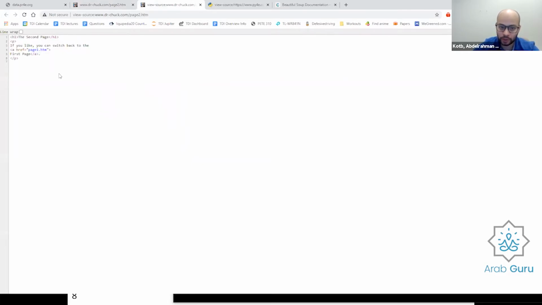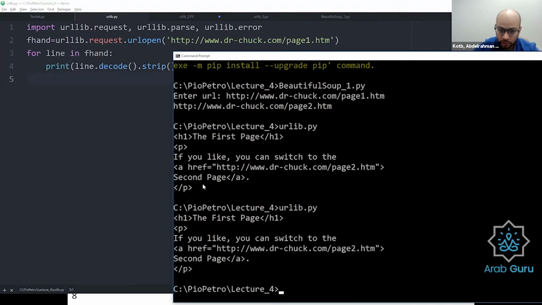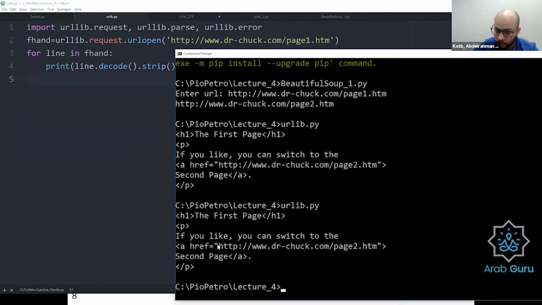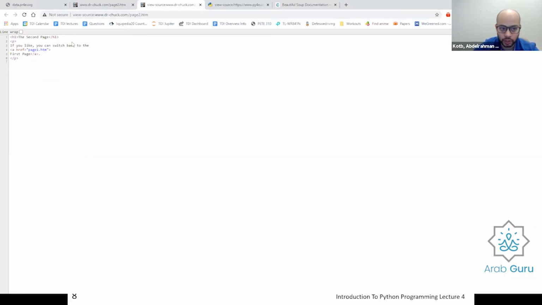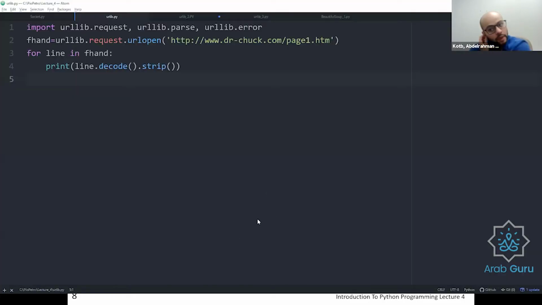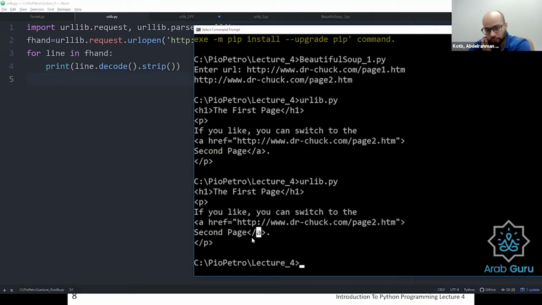If I ask Python to access it using urllib, it's going to give me a copy of what you saw. The second page, you can switch with everything, with href and everything. However, as a user, you don't really understand that. And this is why we use Beautiful Soup.